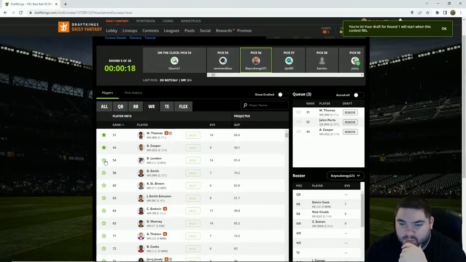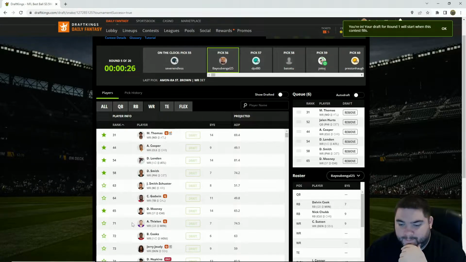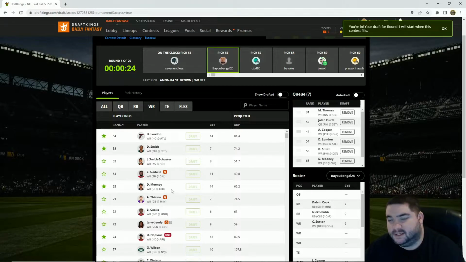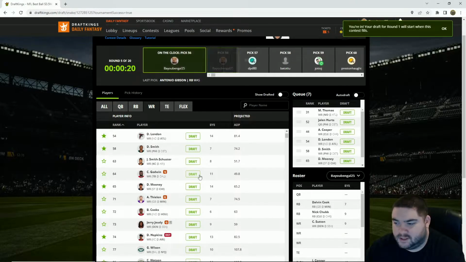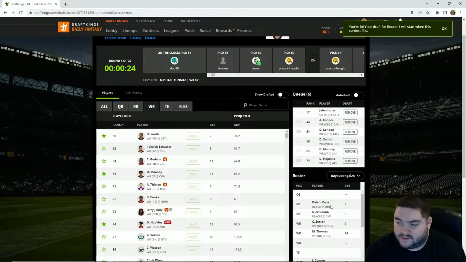I like Amari Cooper and Drake London. Smith's really nice. I like Darnell Mooney a lot. DeAndre Hopkins, I do like to get him late in best ball drafts right now because if you can get through the first 6 weeks having Hopkins on your team, good. Michael Thomas lasted to us. Let's go ahead and take Michael Thomas, which gives us Sutton and Michael Thomas, two really good receivers. We'll see if we can get Jalen Hurts. We're hoping